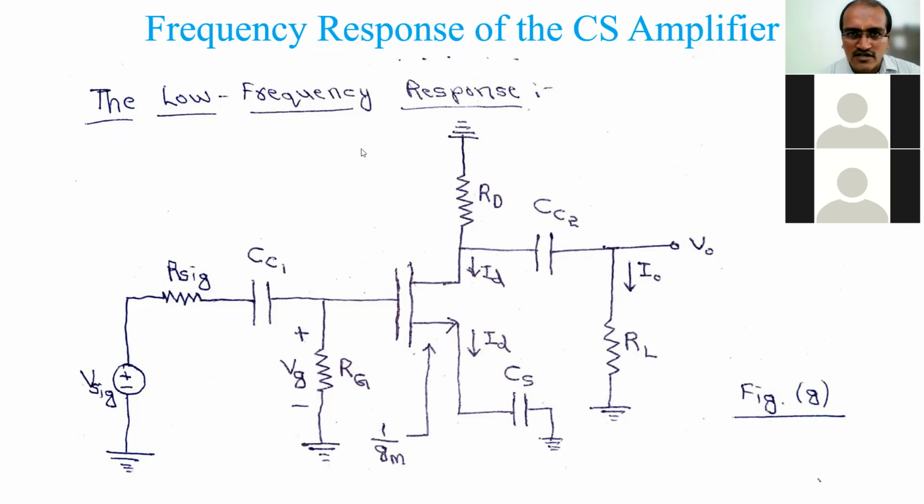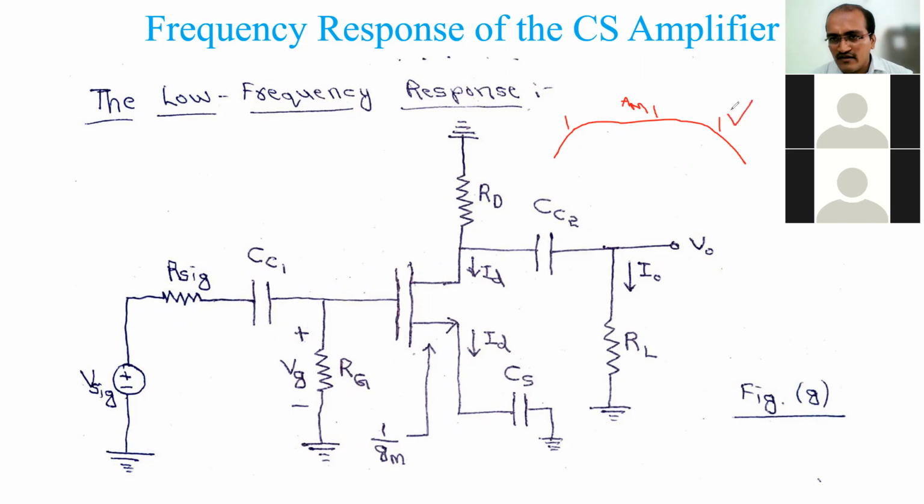Welcome to this session. In the high frequency response, we said that the frequency response has three bands: the mid band, the low frequency band, and the high frequency band. The mid band is the constant gain region, so there is no discussion regarding that. It is denoted as AM, the gain of the amplifier, whereas in the high frequency and low frequency regions there is a bend in the curve. This happens due to some reasons, and we have discussed that in high frequency.